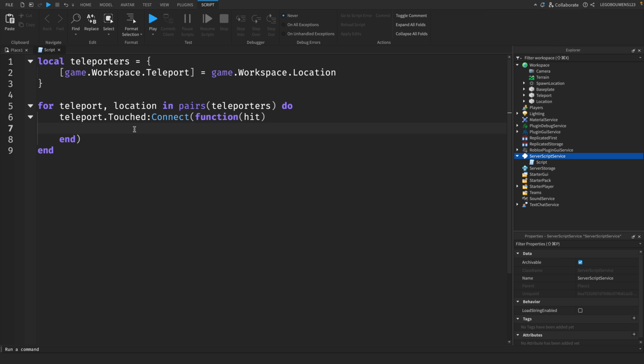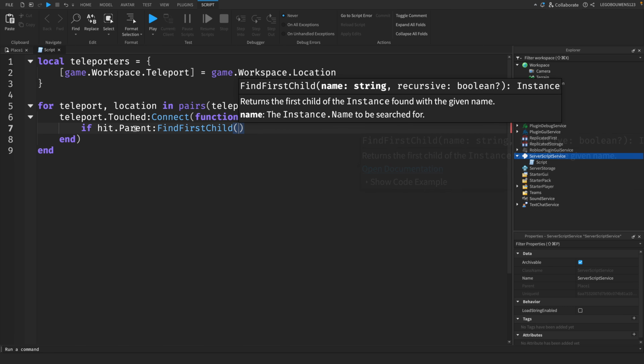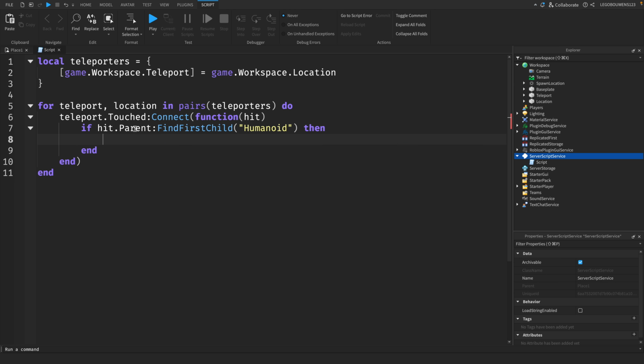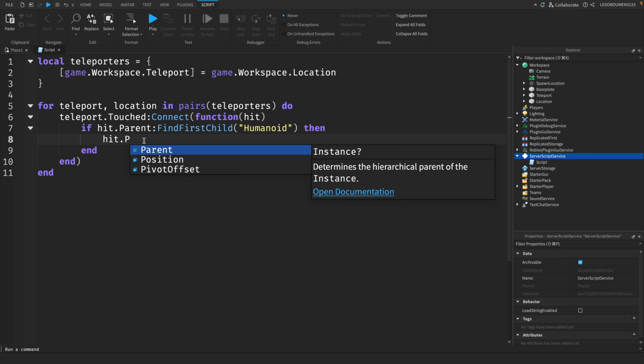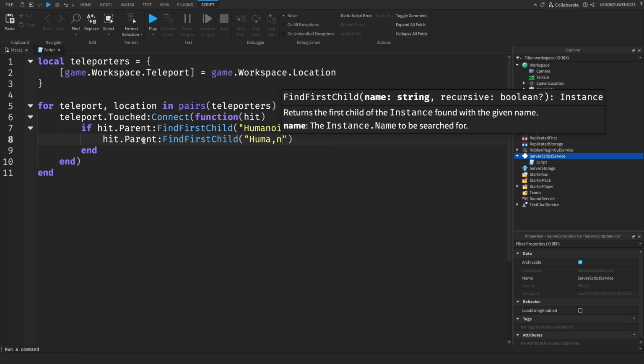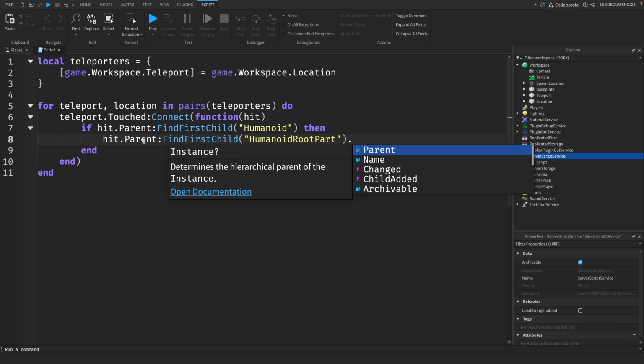So in order to detect if it's touched by a player, we can say if hit.Parent:FindFirstChild("Humanoid"), then this code will run if it's touched by a player. So now we need to actually teleport the player to this location. So we can say hit.Parent:FindFirstChild("HumanoidRootPart").CFrame